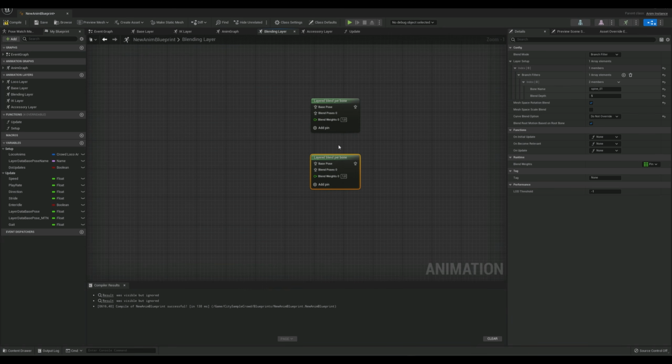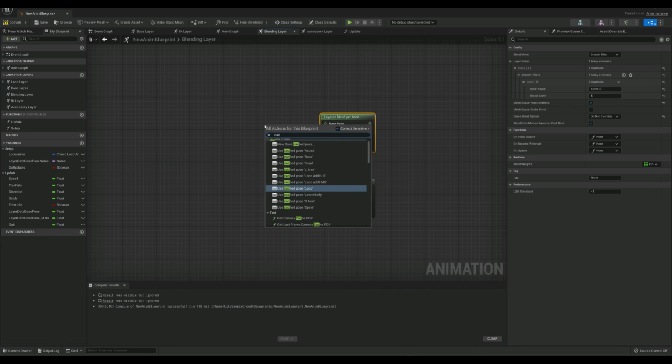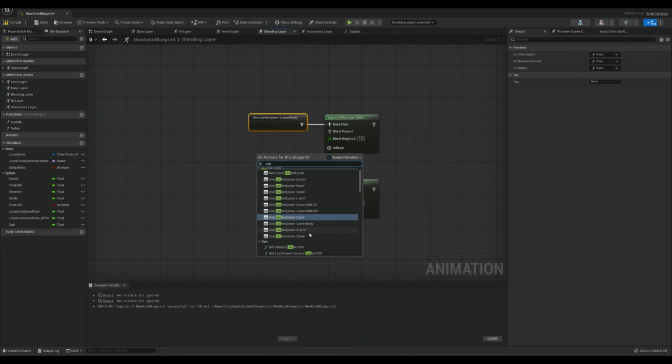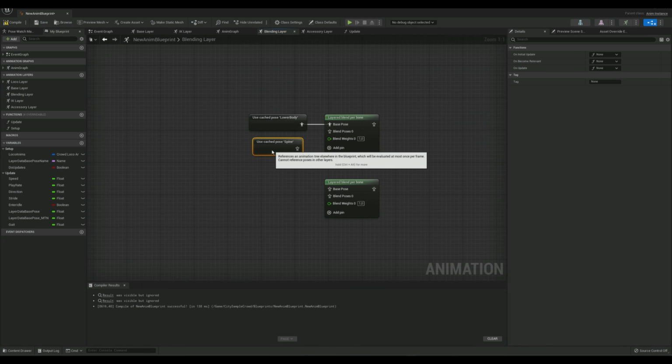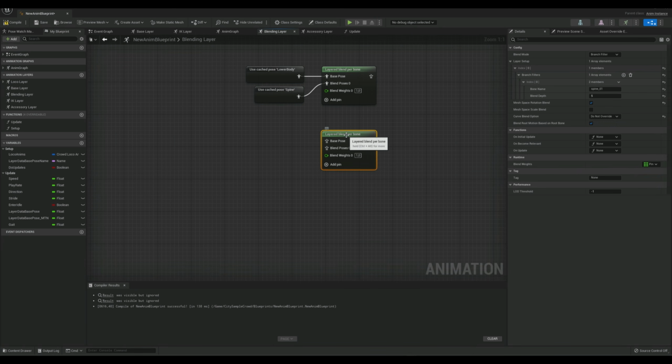Let's do the first one here. Let's right click, cache, lower body, that's the base pose, and we want to cache the spine, the other pose, and we weight it to 1. And this one put in as a base pose for the next one, and here we want to change the